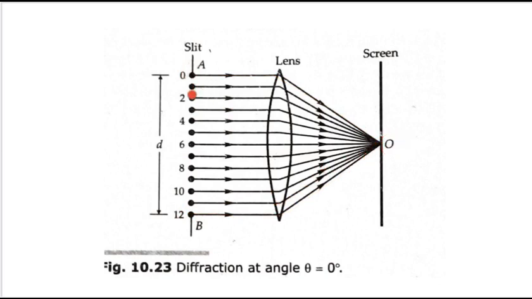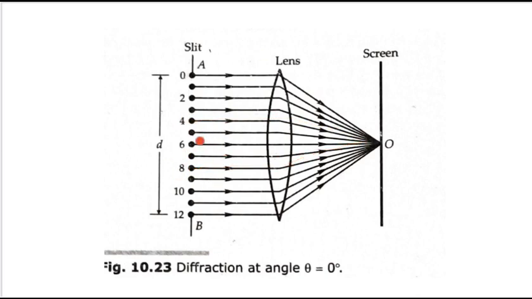Similarly, consider the wave coming from point 2 and the wave coming from point 10; they again interfere constructively. Similarly, consider pair 4 and pair 8. Again, the waves travel equal paths, therefore